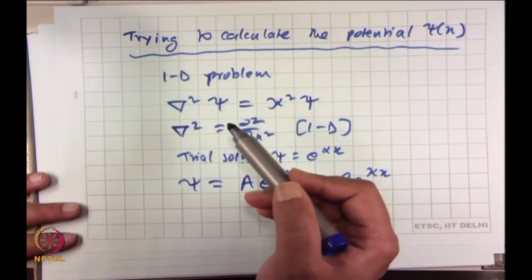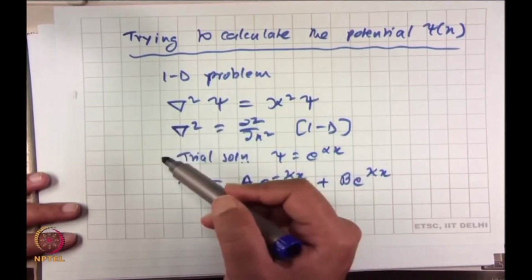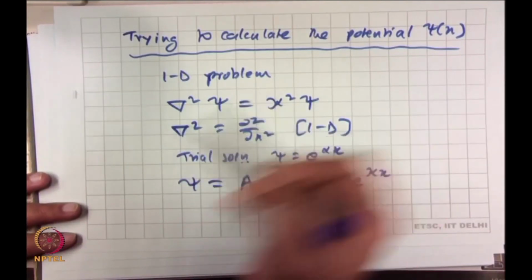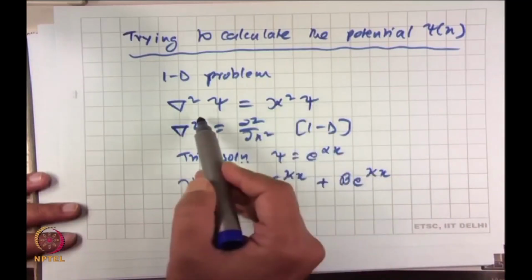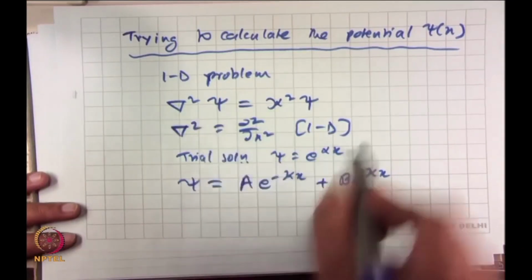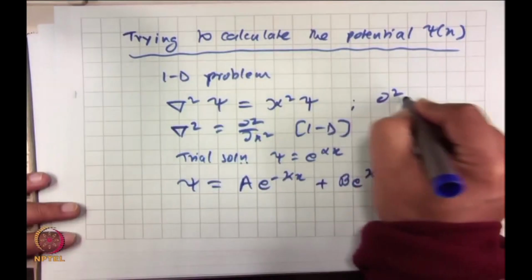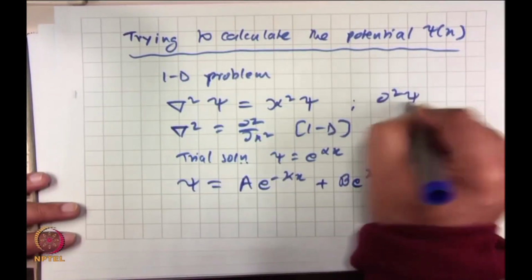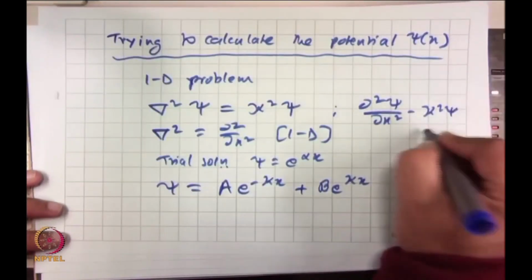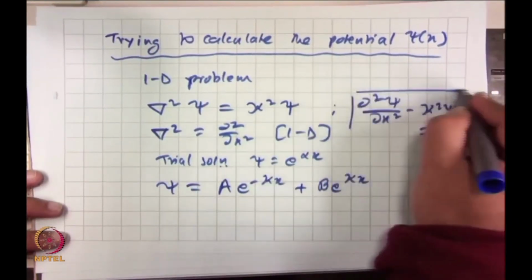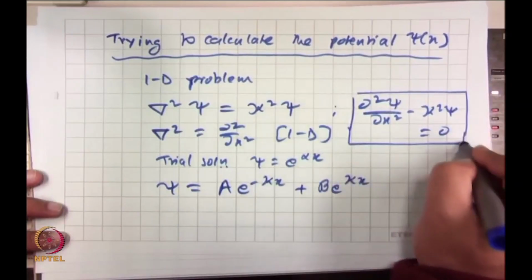So, dx of e to the power alpha x is what? Alpha e to the power alpha x, then d2 over dx square is alpha squared e to the power alpha x. You also have a psi out here, you can bring kappa square on this side. The equation I am going to solve is therefore del 2 psi over del x squared minus kappa square psi is equal to 0. This is the one you are solving,